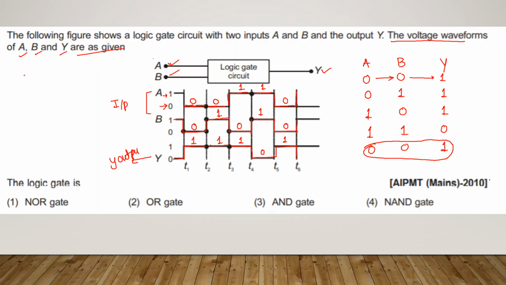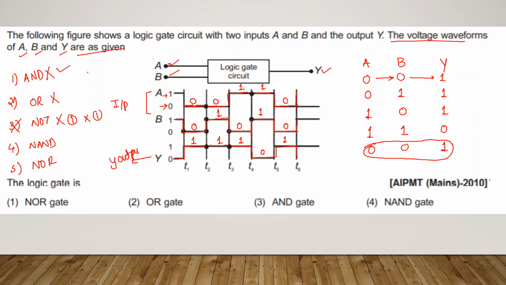How many logic gates are we having? Let us write down the logic gates. Here the options are already given, but I will write the logic gates. One is AND, second one is OR, third one is NOT, fourth one is NAND, and fifth one is NOR. The NOT option is not possible, because a NOT gate will have only one input and only one output, but here there are two inputs.